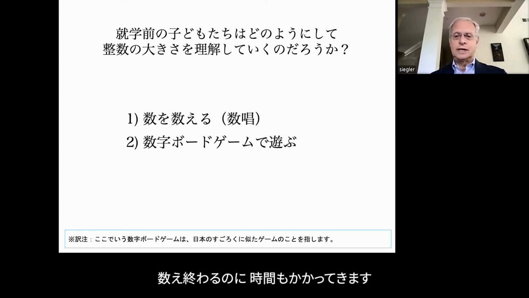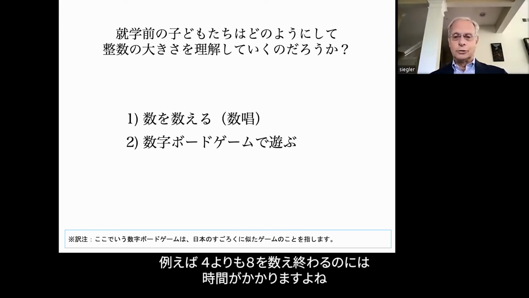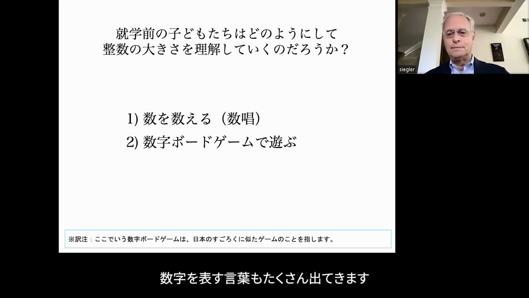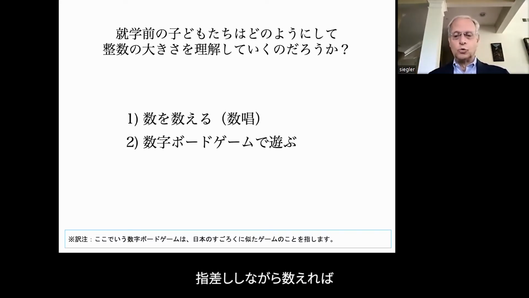So it takes longer to get there. So it takes longer to get to 8 than to 4. And it takes a bigger spatial movement from where you started to where you're going. And it takes more words and more physical motions if you're pointing with your fingers to get to bigger numbers than smaller numbers.